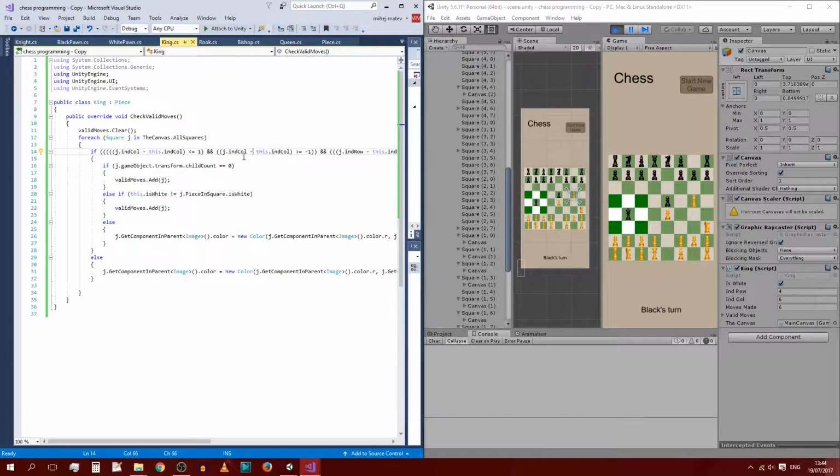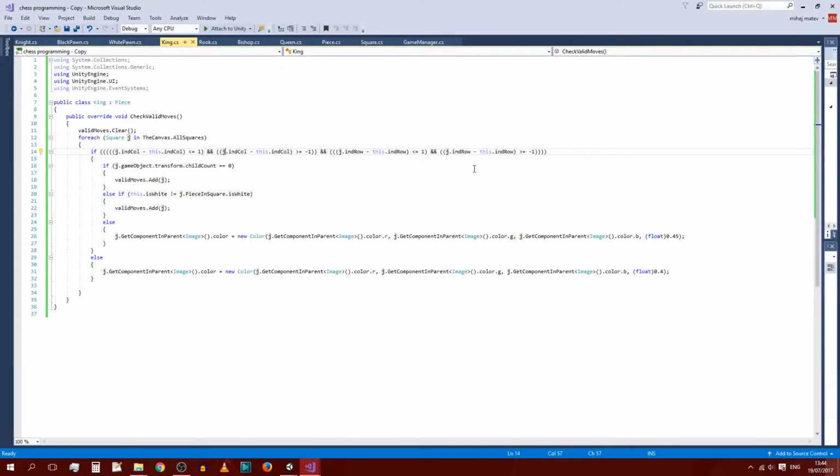This is how I got over that problem, by checking this. It's much shorter than both our white pawns and our black pawns as well as our knight, but it works. I'm always checking with AND. My condition is the column of the square which I'm looking at. I first of all clear valid moves, and I go through all of the squares in my game manager, and then if the square's column which I'm looking at minus